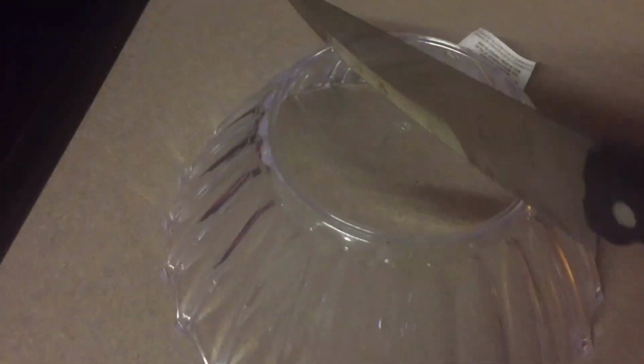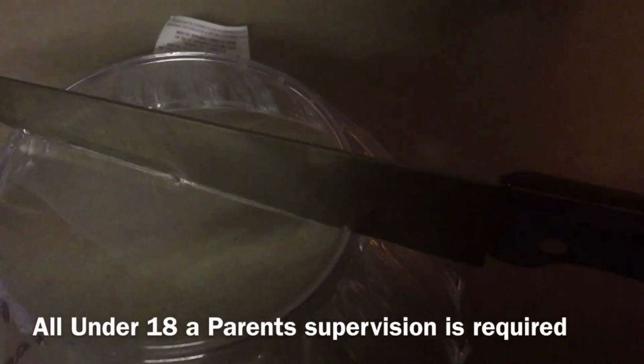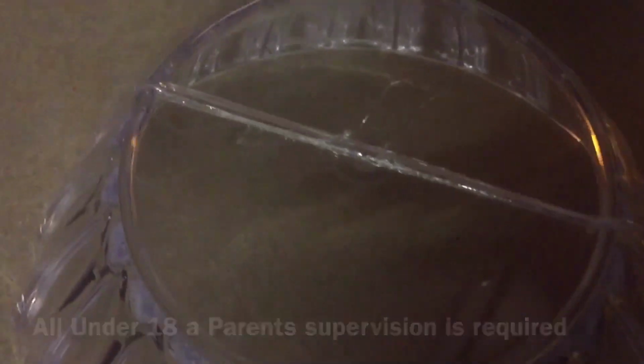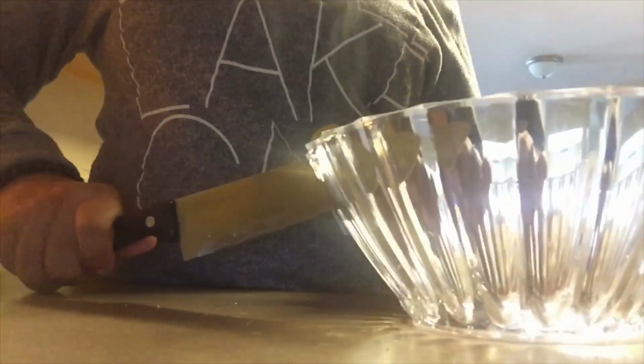Today I'm sharing with you another Christmas DIY. What you see before you is me trying to split in half this thick clear plastic bowl that I picked up from the Dollar Tree, and I am using my butcher knife. I turn it into a hot knife by heating it up on my stove, allowing the blade to get extremely hot, and then it cuts through the plastic very